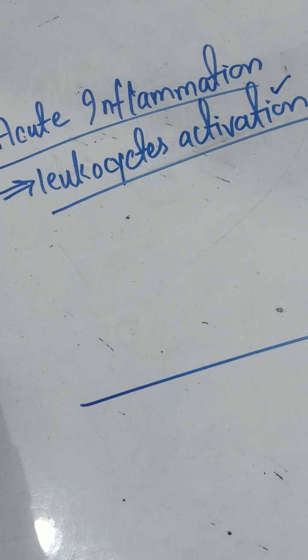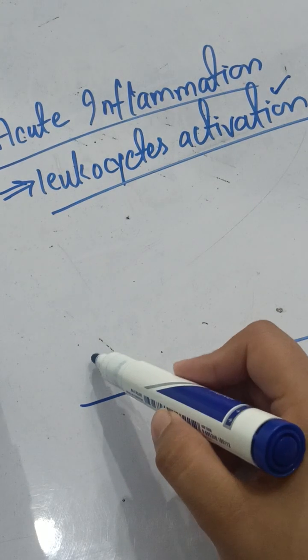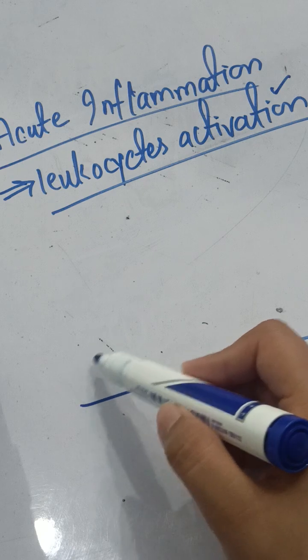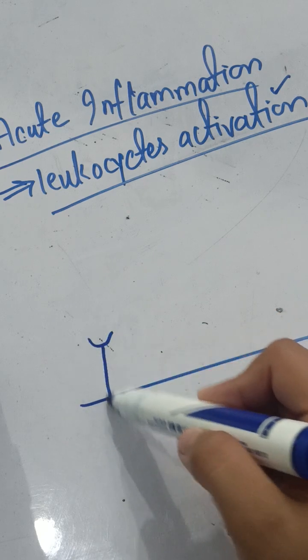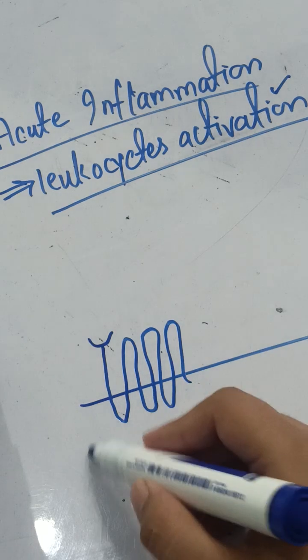So we are zooming in towards the wall, or the surface, of your leukocyte. We will see what four kinds of receptors are there, and how these things occur. The first receptor present on your leukocyte surface is your G protein coupled receptor. This is the shape of your G protein coupled receptor.